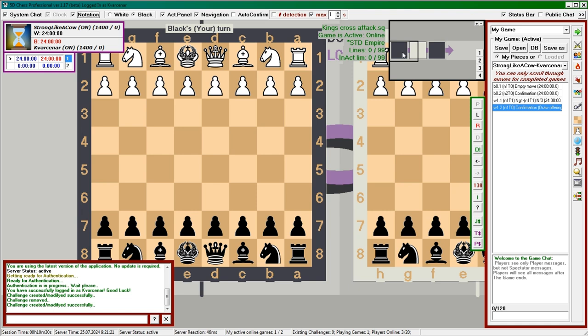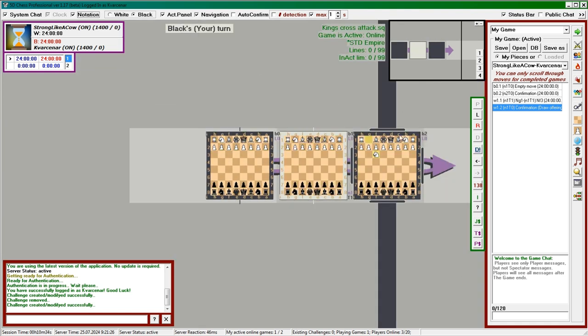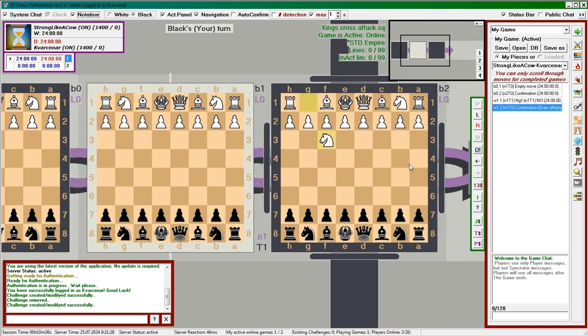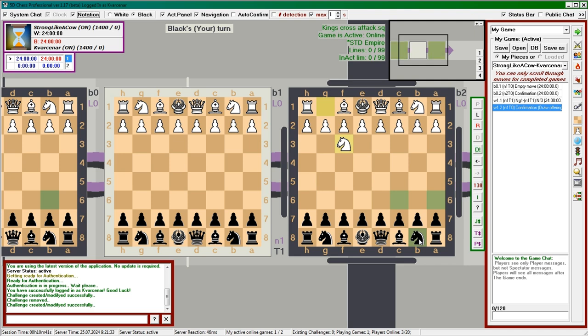This is very convenient for searching and selecting time travels, for example. Also, the navigator will show which boards the selected piece can move to. For example, when selecting a knight, we see that it can move to the current board and the previous one. And if we select a pawn, we see that it only moves on the current board.